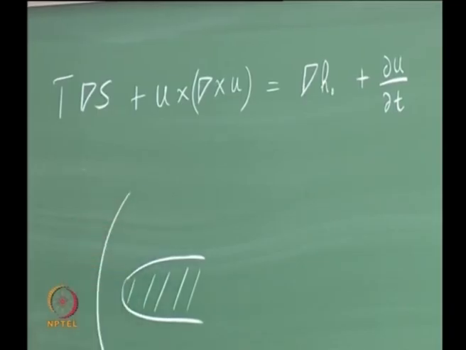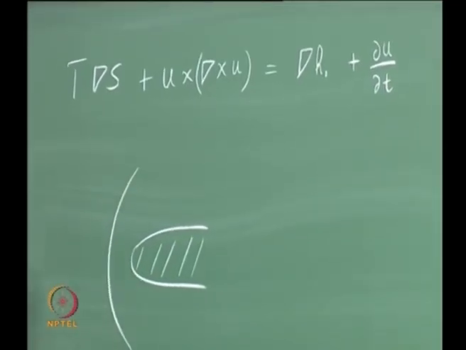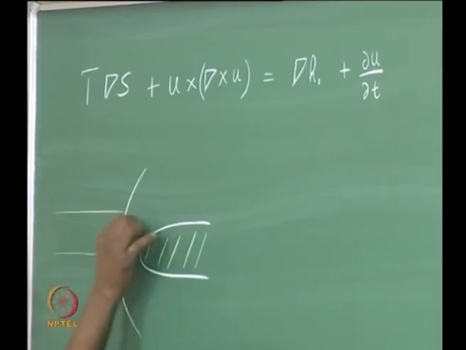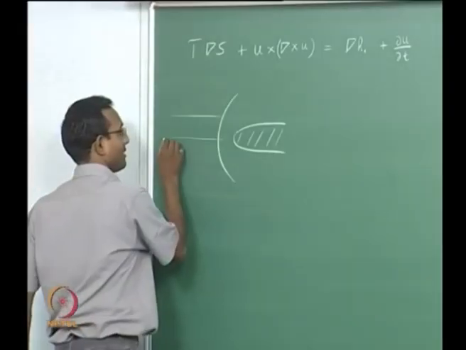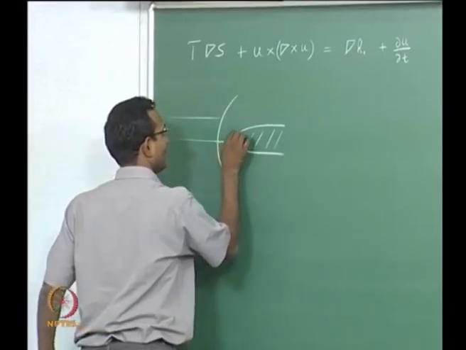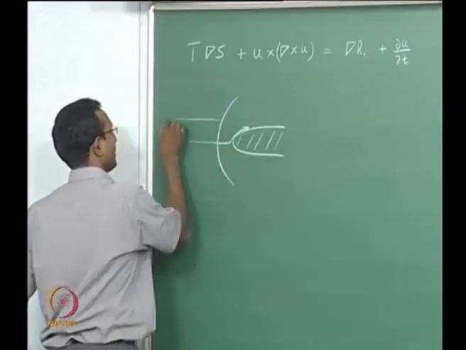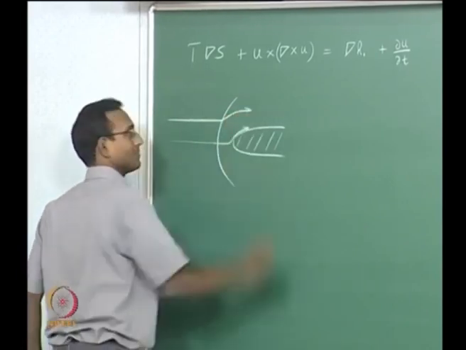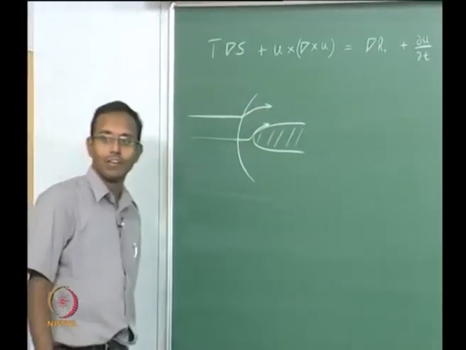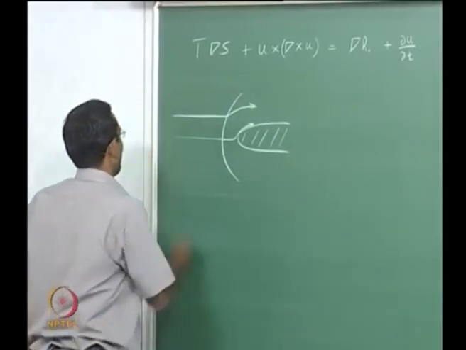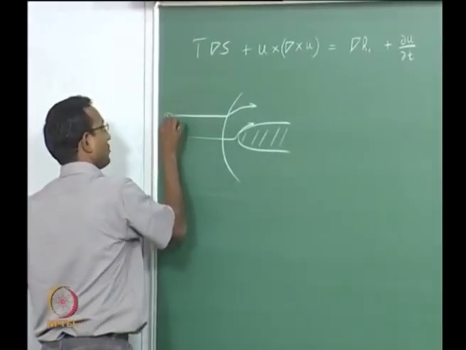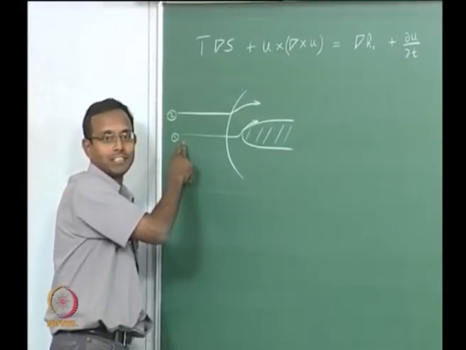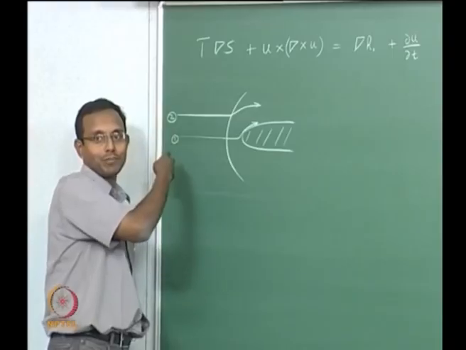Say I have supersonic flow over a blunt body. What am I starting with? I am starting with, let us say, two streamlines like this. One streamline very close to the center line will go like this, and the other one is going to have immediate deflection and then it is going to go like this. This is the flow field we have. If I label them as 1 and 2, I am of course starting with the same enthalpy in both of them, same stagnation enthalpy in both of them. Free stream condition is the same for both.